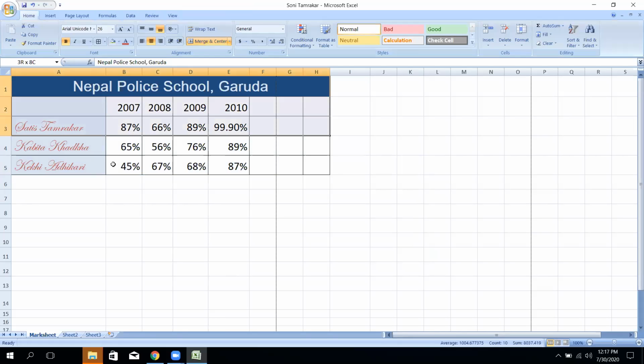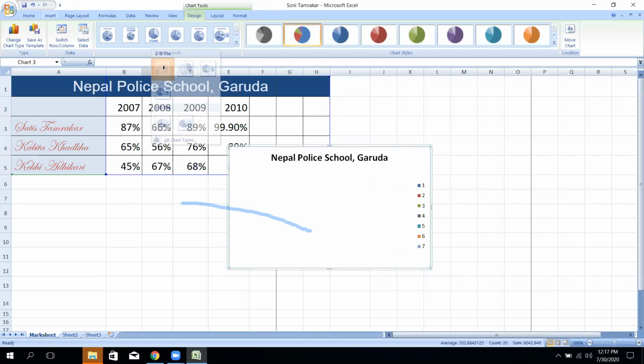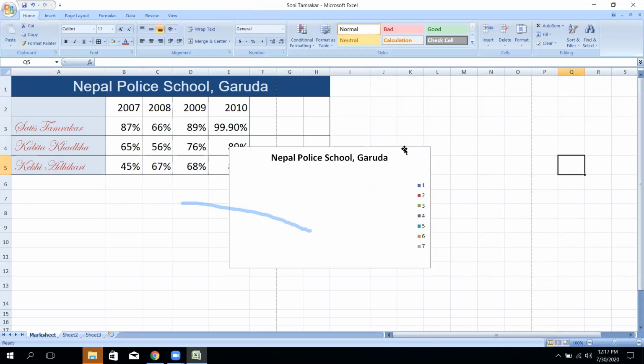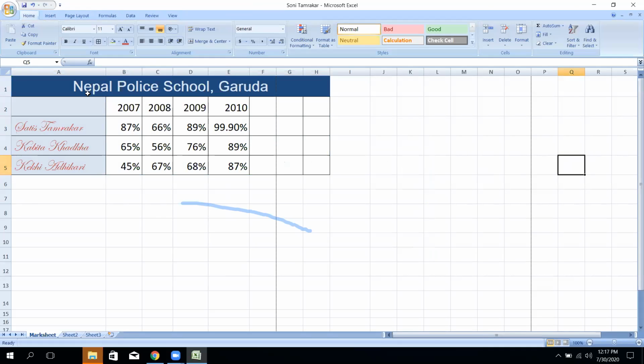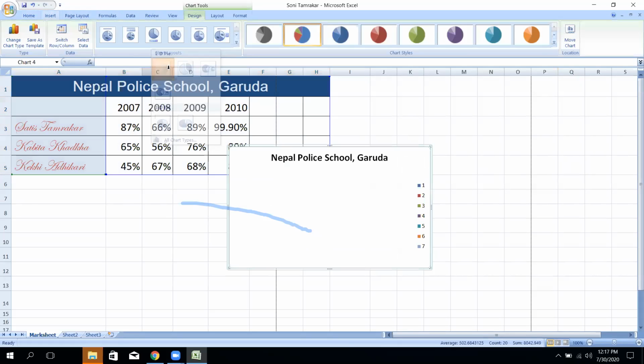Okay, after the selection is important. Why? What is going on? Oh, there is a problem with my mouse. Okay, let me show you one more time. Insert bar.